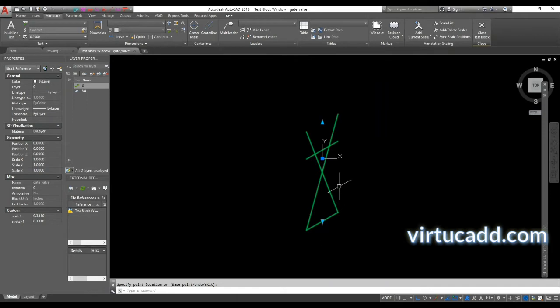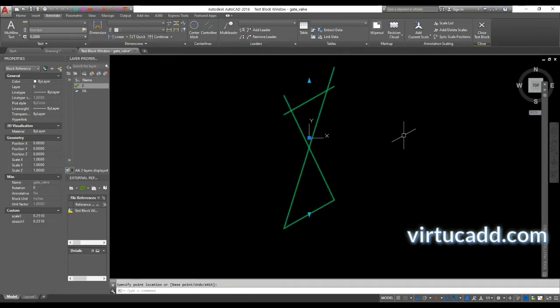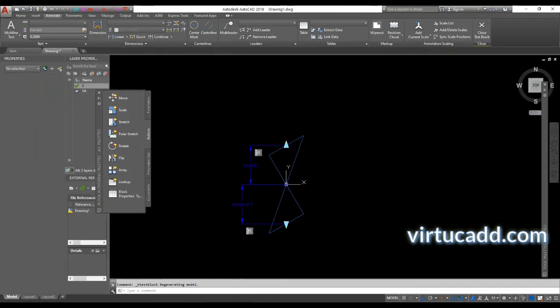Oh, there is some problem here, this line is not selected, I think. Edit that again, reselect that.